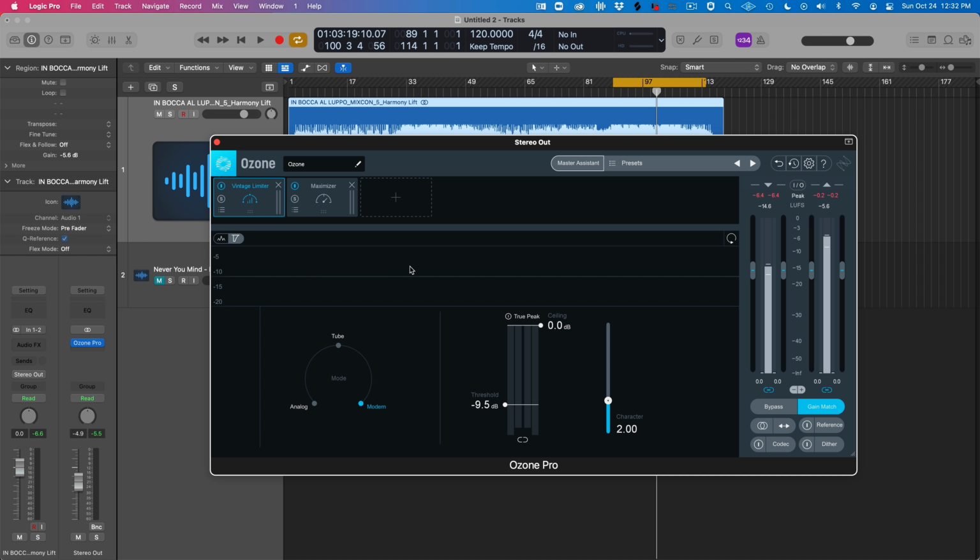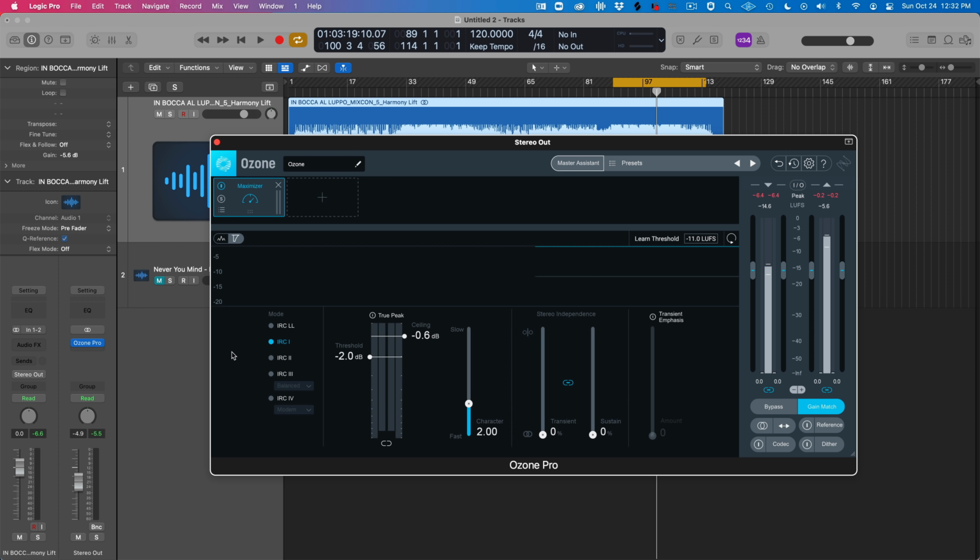So that is, in a nutshell, the vintage limiter. Let's go to the Mac Daddy of Ozone, which is the Maximizer. This is, again, one of the most beloved limiters of all time. I think it's safe to say that it's up there with the L2 and other digital limiters. It's very, very comprehensive. I would say, if you want more information, please read the manual and use this thing